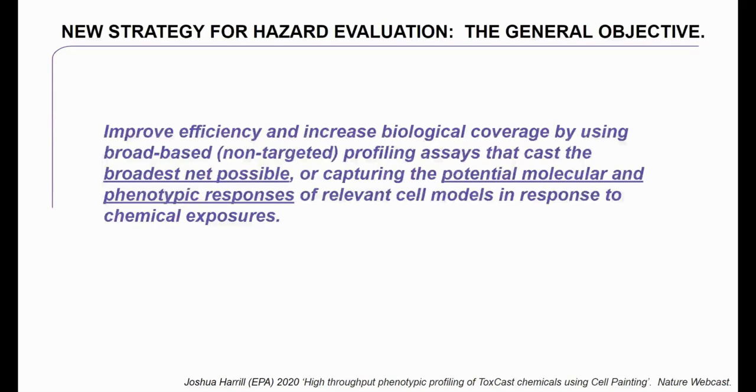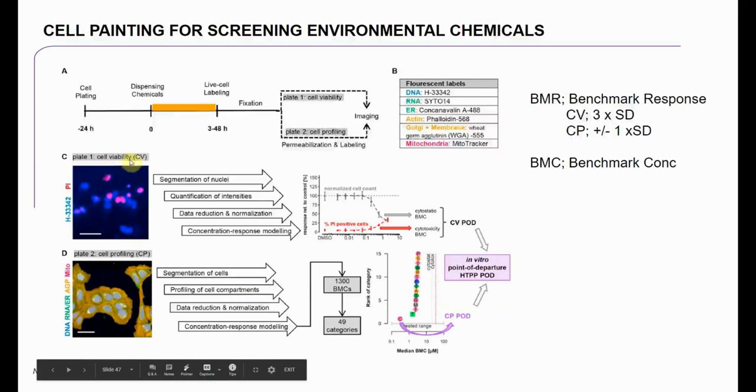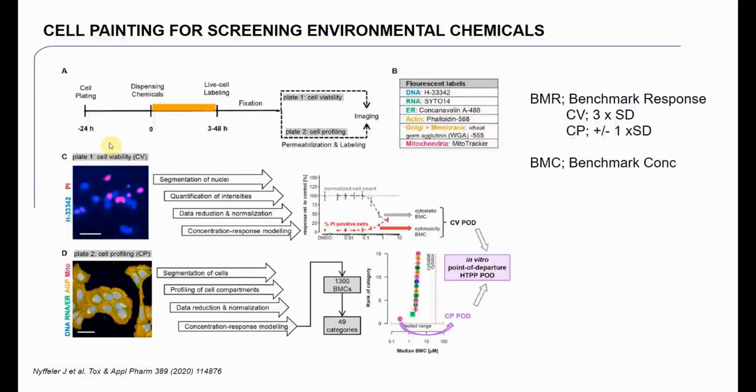And of course, their interest is to identify compounds that could be toxic in the environment. What Josh and his group did was they actually used cell painting in order to see if they can identify environmentally problematic compounds. So they actually set up 2 different assays. The first one was a cell viability assay. And this one is a more traditional assay where you label cells with Hoechst and then use propidium iodide to identify